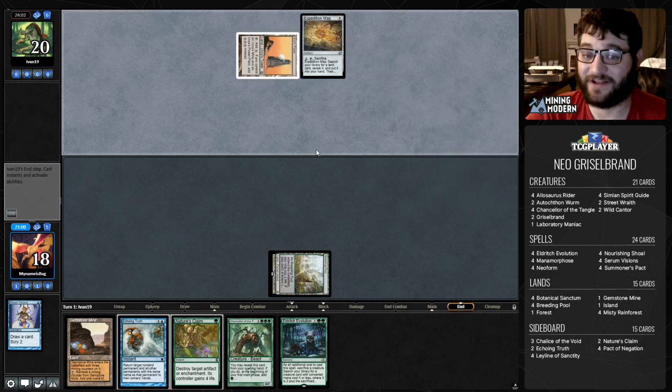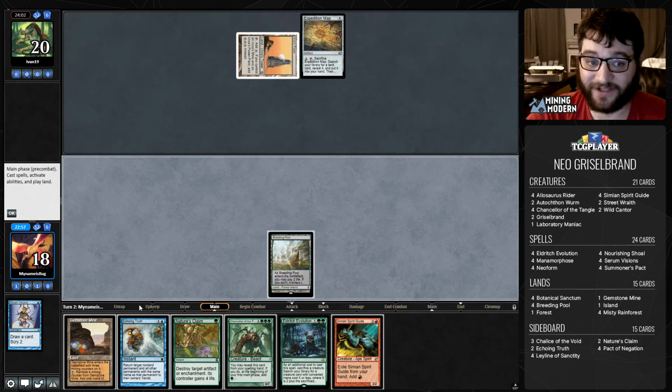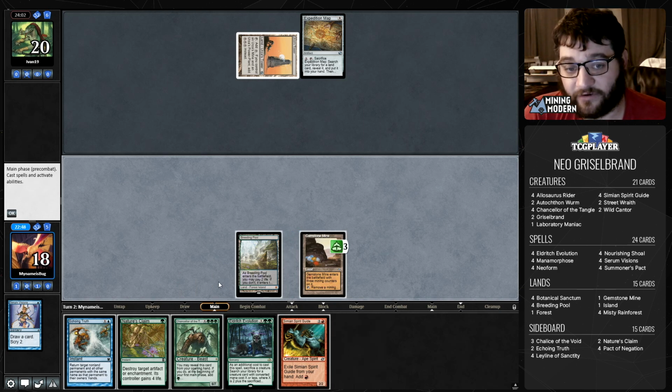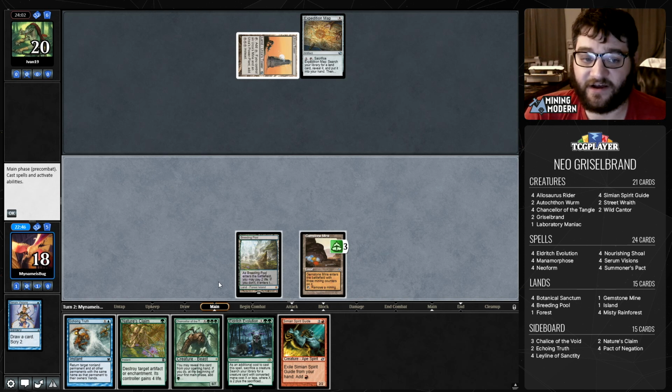I could also Nature's Claim this Expedition map, just for the record, if I wanted. And that Simian Spirit Guide, by the way, that means we're now one step closer. We're actually just an Allosaurus Rider away. An Allosaurus Rider or a...